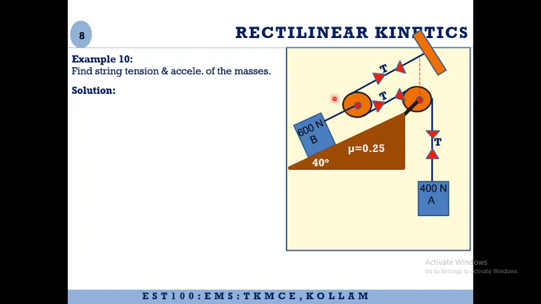To do that, you draw the free body diagram of this particular pulley. You can see that this tension will be acting upward, and this also will be acting upward. Therefore there will be a 2T acting downward on this pulley to balance it. To balance that, again there will be a 2T acting on this particular block in the upward direction. So the tension in this particular block will be 2T in the upward direction.